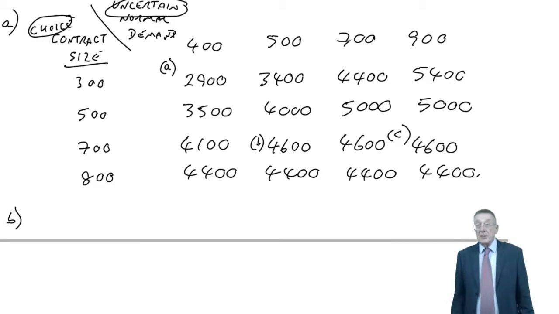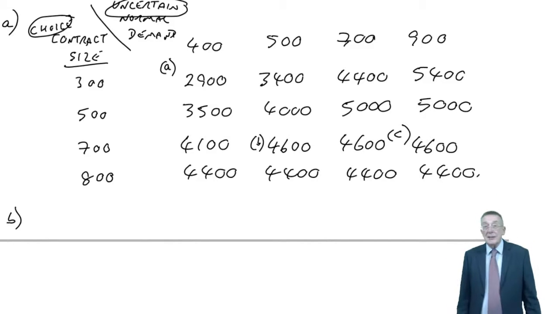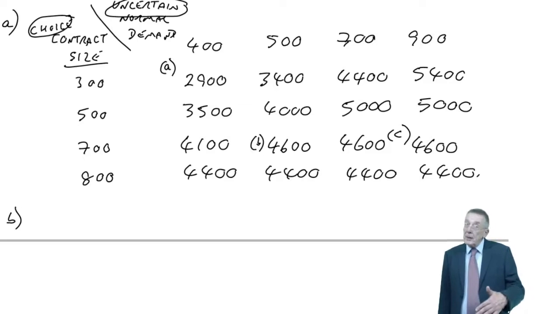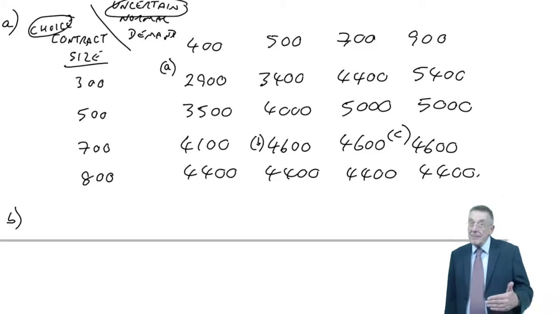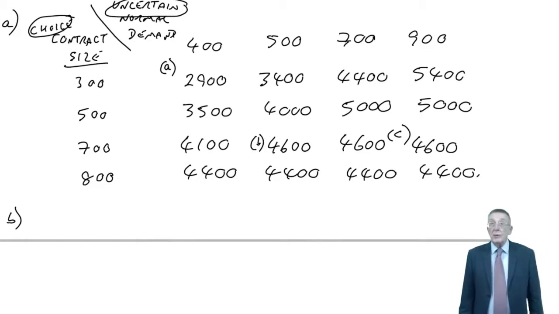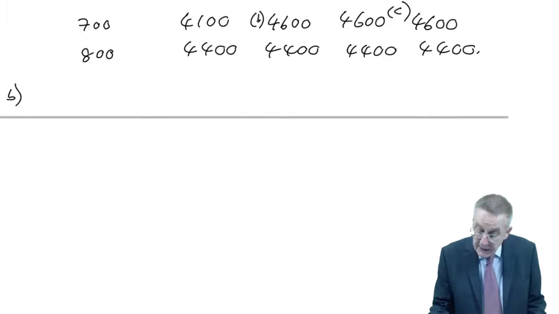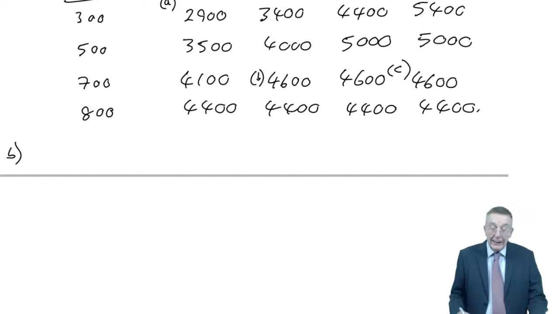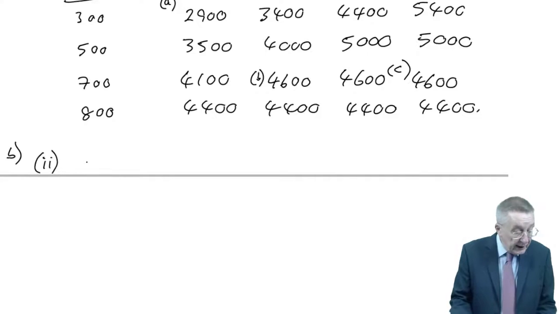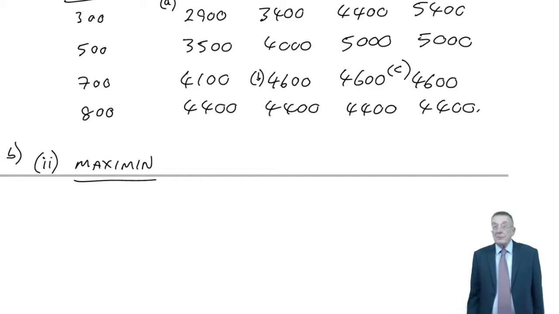And this is where you've got to be able to get good marks, because even if you've got your profits wrong in part A for some reason, in part B you'd still get full marks if you'd applied the rules correctly on your figures. So I'm going to go through these four. You must learn them. But, for reasons that hopefully I'll make clear later, I'm going to go through them in a different order. I'm first of all going to do the second one, which is Maximin. And watch what I do.